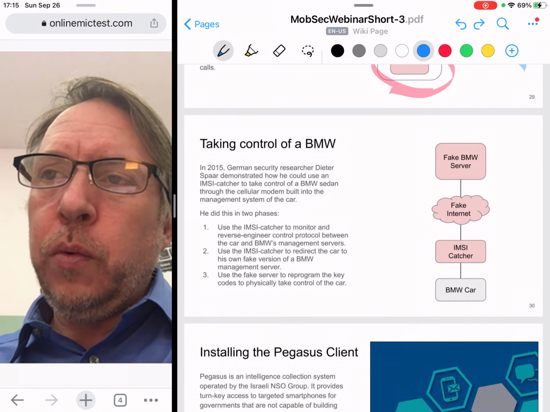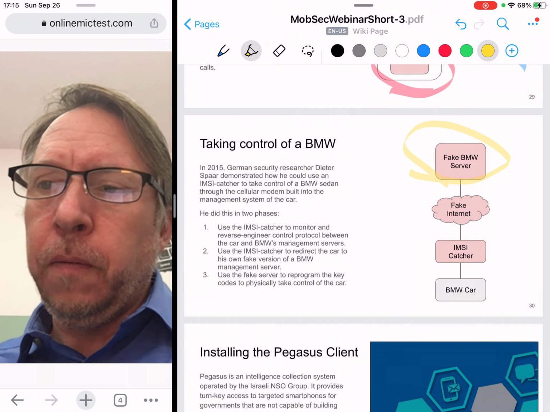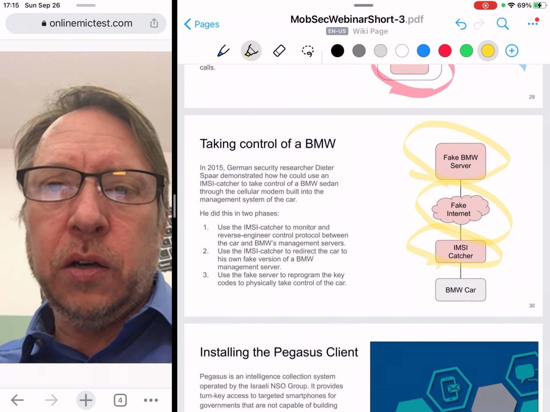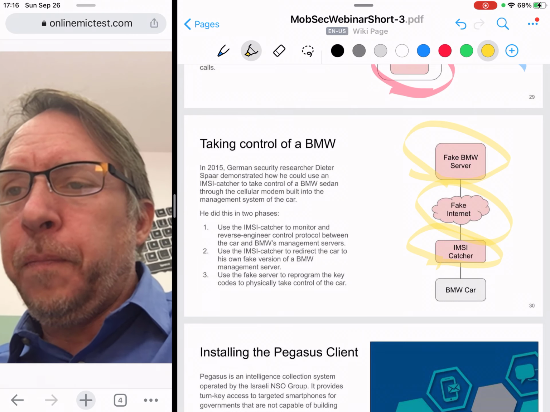He can use the Mzcatcher, set up a totally fake internet that's isolated from the rest of the world, and the car will go talk to the fake BMW control server, and the fake BMW control server can